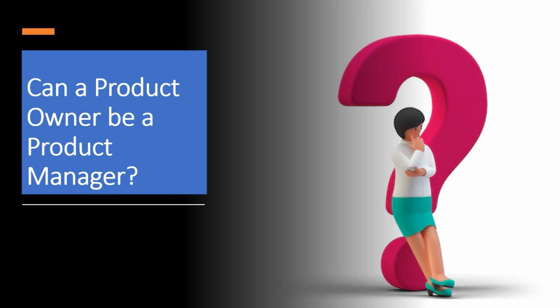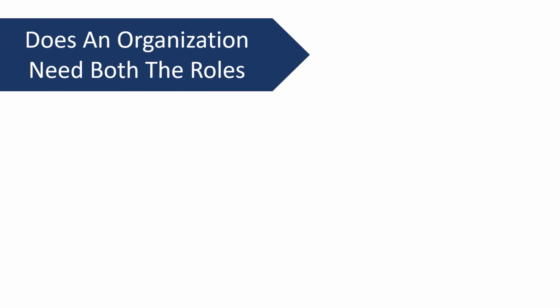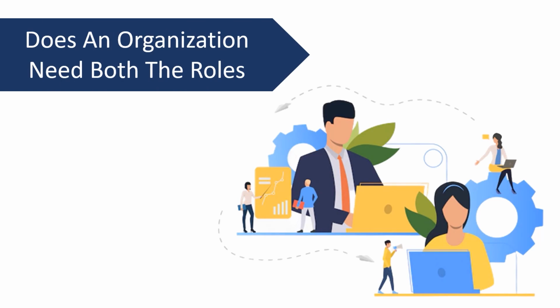But the thing that comes next in our mind is, does an organization need both roles? Instead of the titles that will be used, the true question regarding what a firm requires must start with what the desired product outcome is. Prioritizing business value comes first, followed by evaluating the responsibilities and procedures of the product management team to support those objectives. A business system that lacks flexibility frequently has structures and processes built into it.